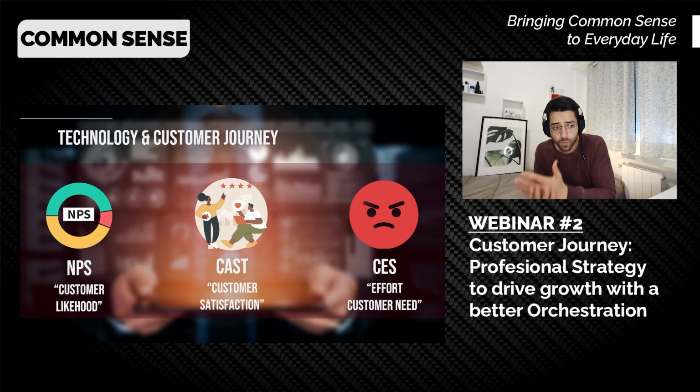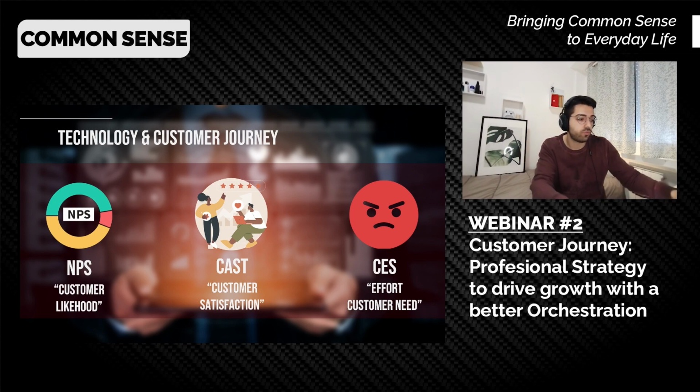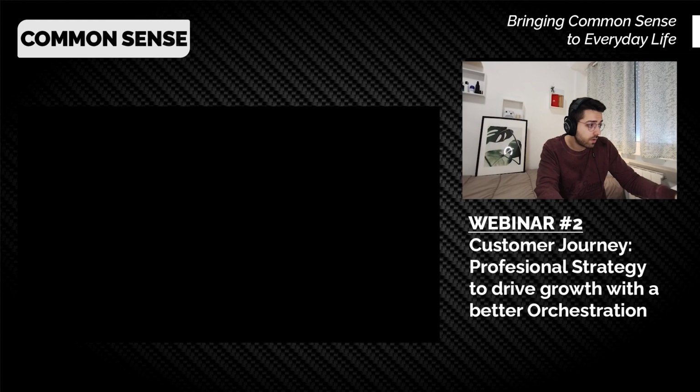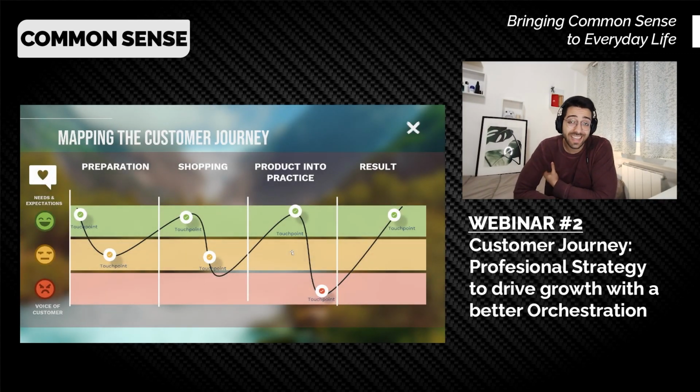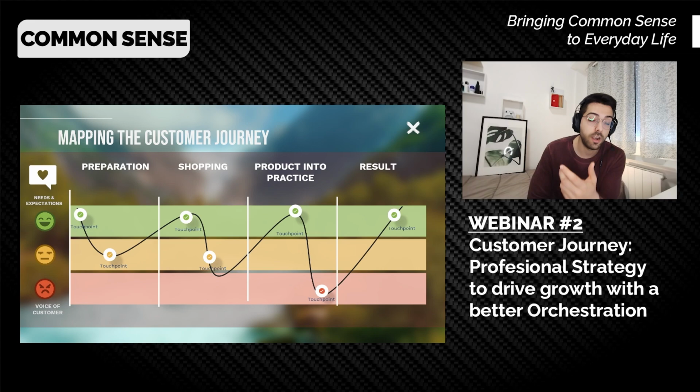Okay, this is why this kind of approach in the journey is crucial. And if I go back once again to the customer map that we were watching, that for me is crucial. We can see again the key points of allowing the customers to feel relief and happy while buying. Purchases are hard because money takes a lot of time to be earned, and if we make that decision even harder, they wouldn't even care about buying from us.